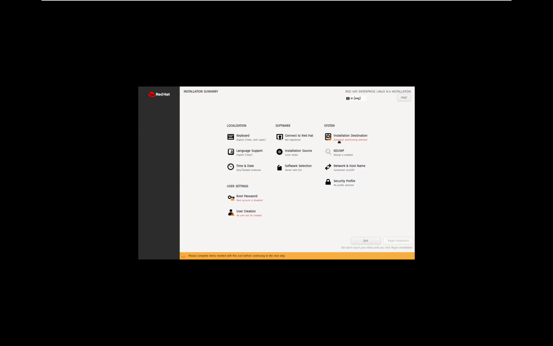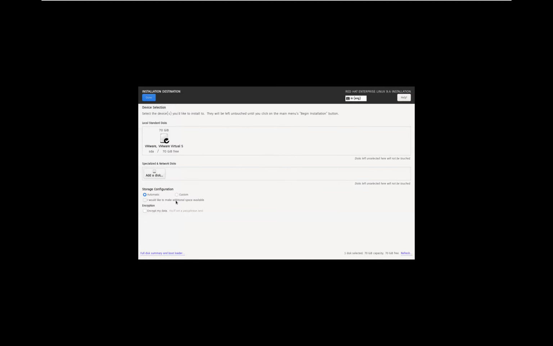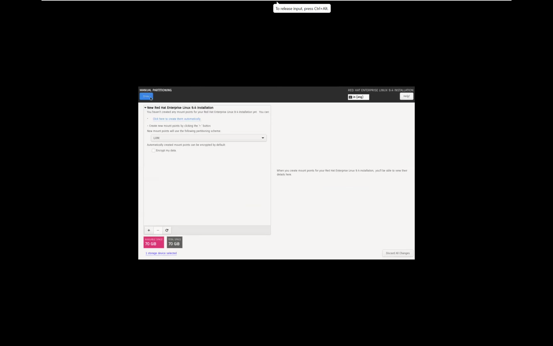Then click here on installation destination. Select custom, because I prefer custom storage configuration. Click on done, and after that you will get this interface. Here there are some options: you can go with standard partition as well, or LVM as well. What I'm suggesting is that you use the LVM option. Then click on the plus icon